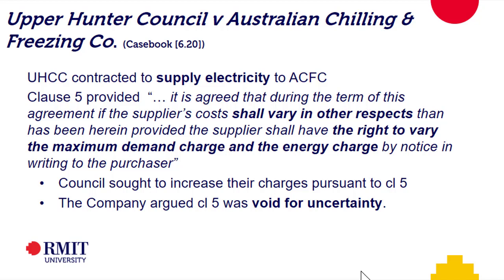I think it's reasonable. I would say Australian Chilling and Freezing should have looked at that at the time and said, what impact is this going to have on our bottom line? They might have then said to Hunter Council, how about we put that maximum at 5%? They didn't do that for whatever reason. If I saw that clause, I'd be saying, well, all the rest of the agreement presumably has all of the bases on which you can put your price up or down. What do you think is missing here? Let's have a specific clause about that.